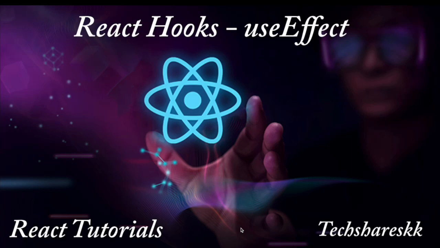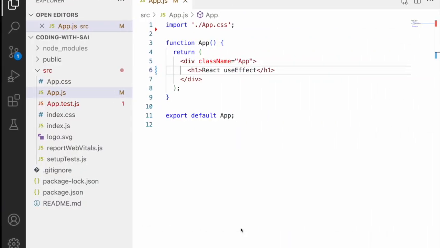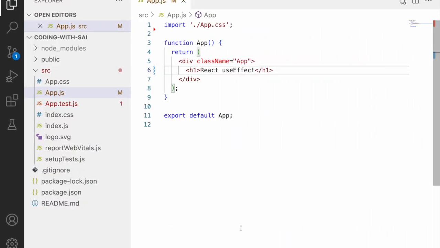In this video, we will learn about one of the hooks called useEffect. So we learned about how to use useState. Now we will be tracking all the details of that useState by using useEffect. So let me quickly jump into Visual Studio Code and try to understand what are the scenarios which we can cover in useEffect. So here useEffect performs a lot of different operations based on the parameters we pass to